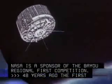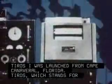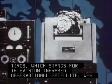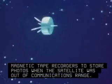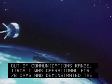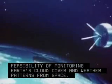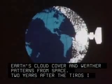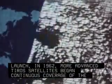48 years ago, the first successful weather satellite, TIROS 1, was launched from Cape Canaveral, Florida. TIROS, which stands for Television Infrared Observational Satellite, was equipped with 2 TV cameras and magnetic tape recorders to store photos when the satellite was out of communications range. TIROS 1 was operational for 78 days and demonstrated the feasibility of monitoring Earth's cloud cover and weather patterns from space. 2 years after the TIROS 1 launch in 1962, more advanced TIROS satellites began continuous coverage of the globe, enabling